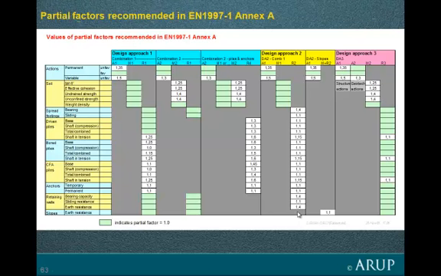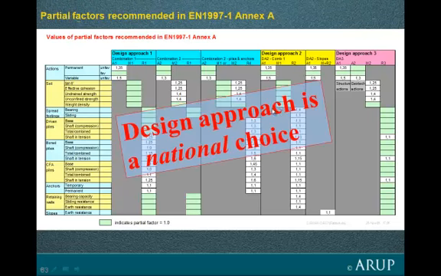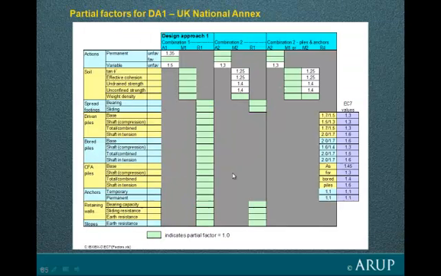And so the countries that have chosen to use Design Approach 2 find they have to have other add-ons as well. Design Approach 3 is a system which factors loads and material strength and basically doesn't really factor resistances. So there are different ways that the factors are put together. Now, the choice of Design Approach is a national approach, and the UK choice is Design Approach 1, factoring